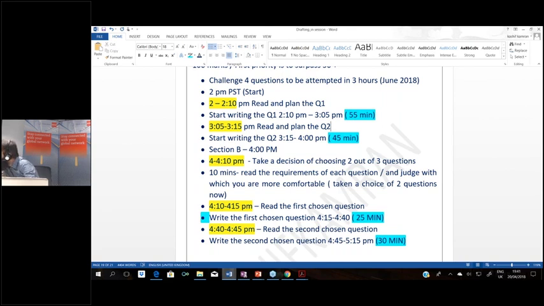Can you tell us the pattern of the September 2018 audit exam? Abdullah, are you appearing for the September 18 exams? Because in September 18 exams, all 3 questions will be compulsory. There will be one 50 marks question and two 25 marks questions. But I believe all of you here are appearing for June 18 exams, right? So for June 18 exams, you still have the old format where you have to do 4 questions out of the 5 in 3 hours.